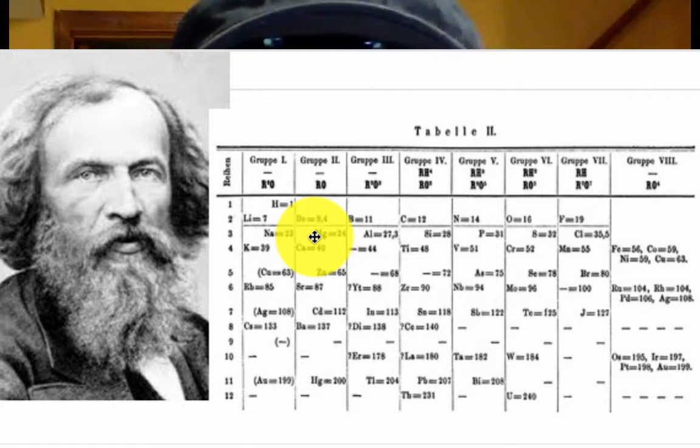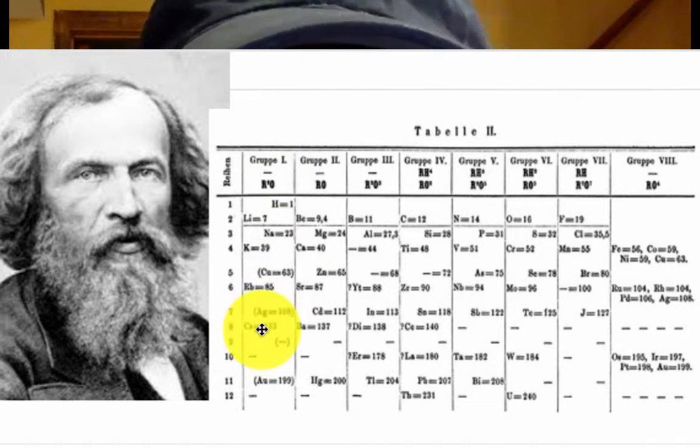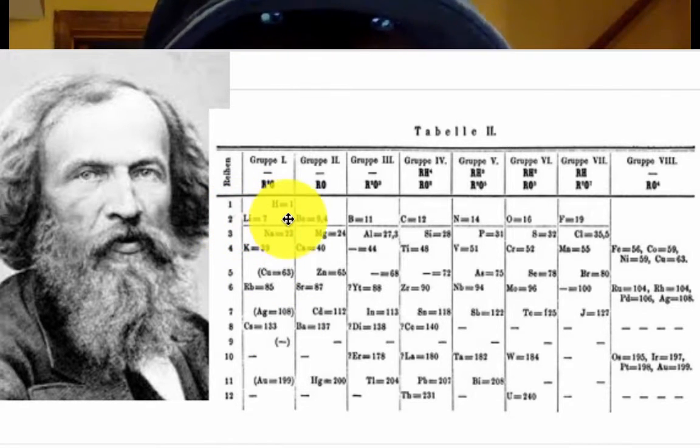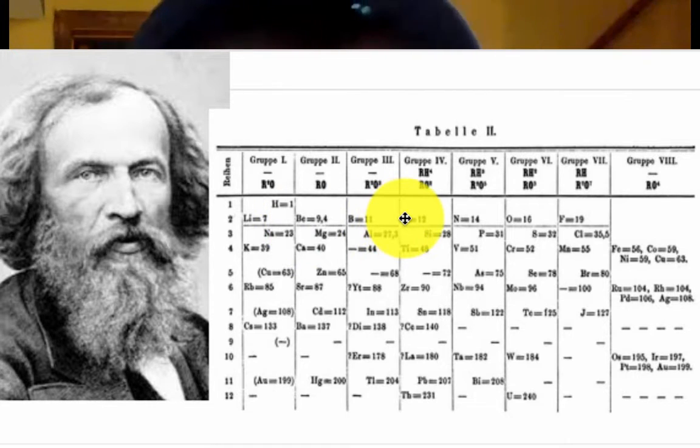He also noticed that if you go down in a group, they have some similar properties. The property that's mainly similar in a row is